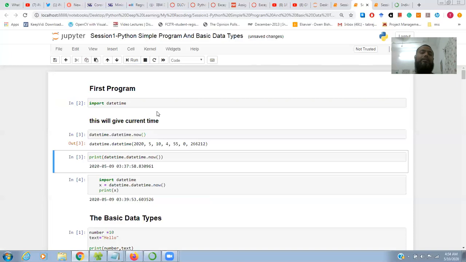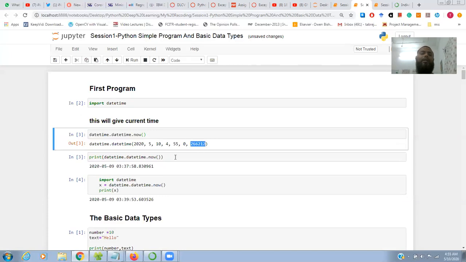It will give us the current date: this is the year, this is the month, this is the day, and this is the hours, minutes, seconds, and microseconds.